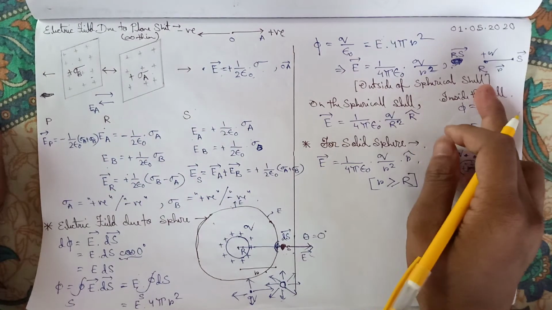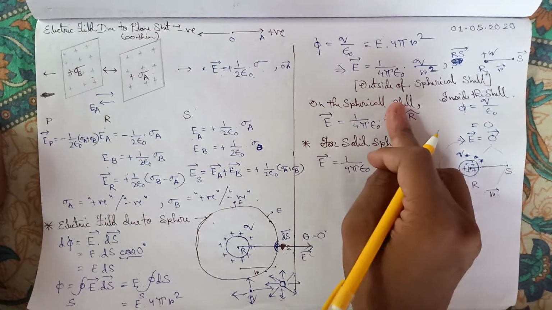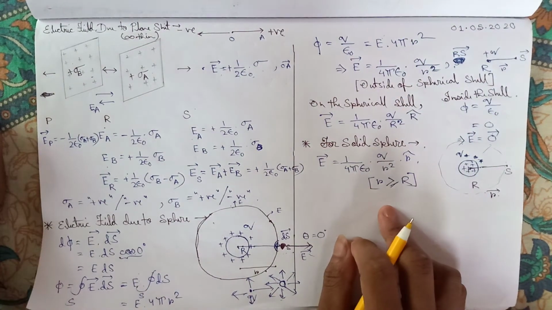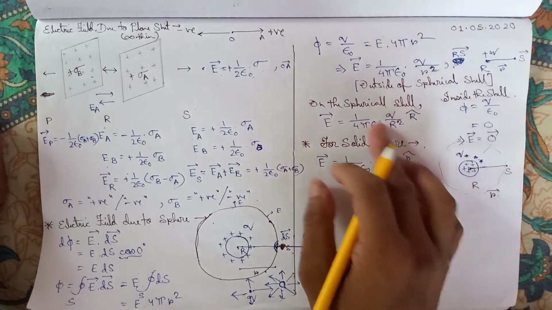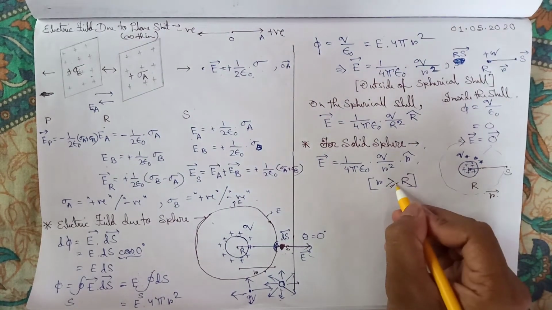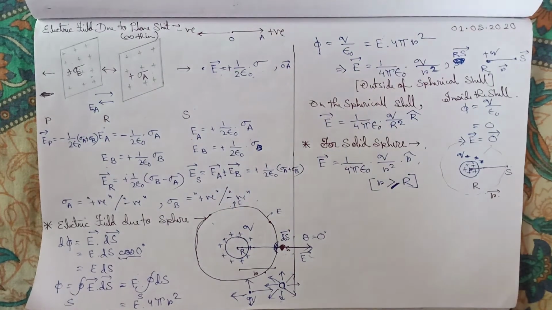You can write it in that way: outside of the spherical shell, outside of the sphere, on the spherical shell, on the sphere. This is the technical approach, and you are just mentioning it in your own language. That will reduce your effort, which is why I am showing both of them.